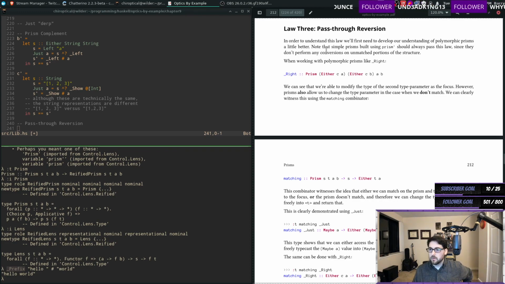All right. So, in order to understand this law, which is a weird name, pass-through reversion, we'll first need to develop our understanding of polymorphic prisms a little better. Note that simple prisms built using Prism Prime should always pass this law since they don't perform any conversions on unmatched portions of the structure. When working with polymorphic prisms like Write,